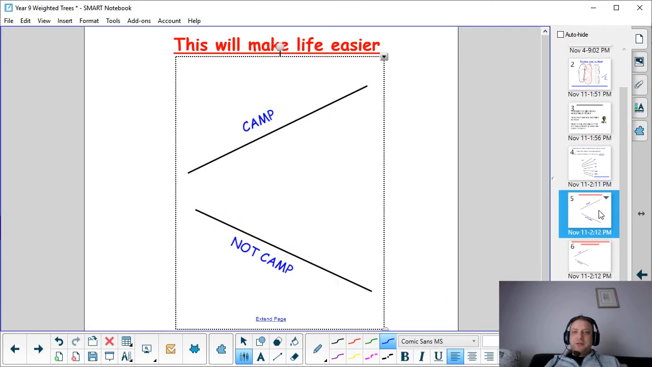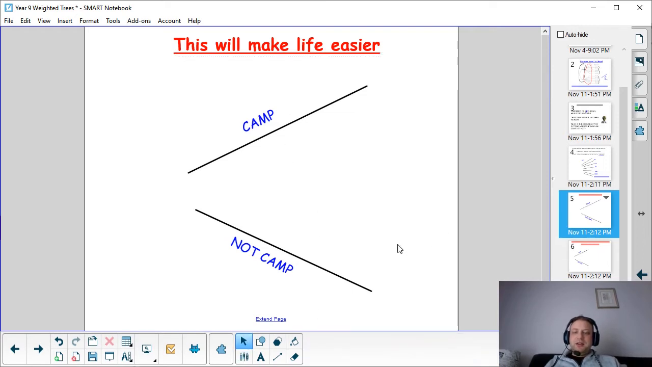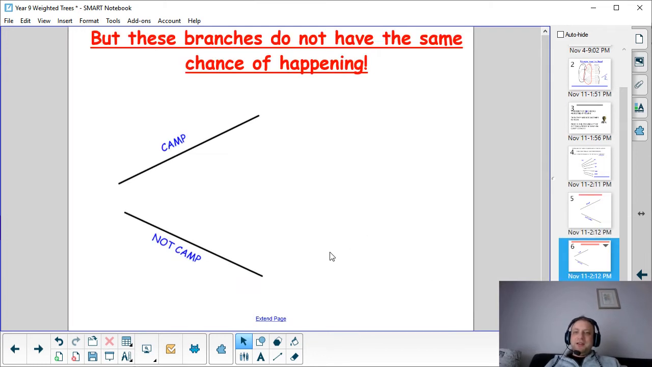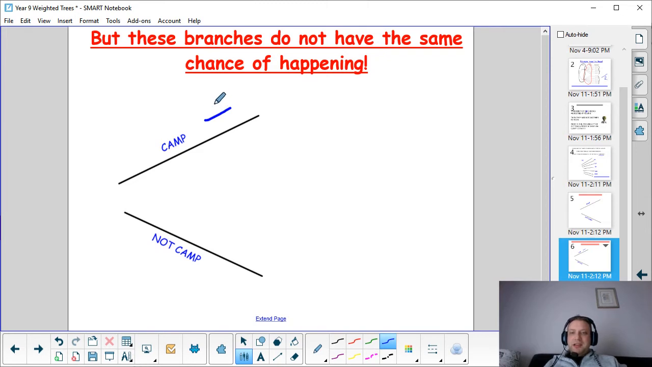So what we're going to do is make groups. This will make life much easier. We have a group of students who are on camp and a group of students who are not on camp. They get one branch each. Now, the thing to think about with a situation like this is these two events do not have the same chance of happening, because out of my 17 students, only 3 of them are away on camp. So the difference today is when you draw your tree, you need to put a probability on each of the branches. So there are 3 out of 17 who are on camp, and there are 4 out of 17 who